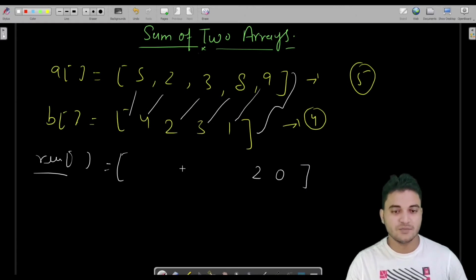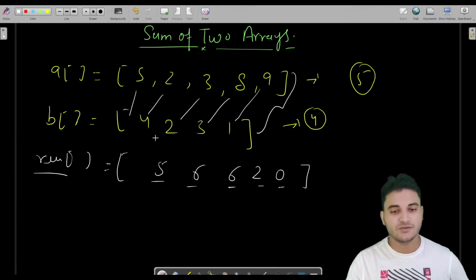So 4 plus 2 is 6, and 5 plus 0 is 5. So your program should return this output while adding these two arrays.